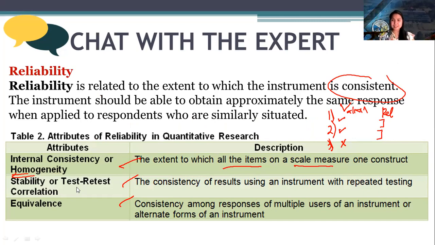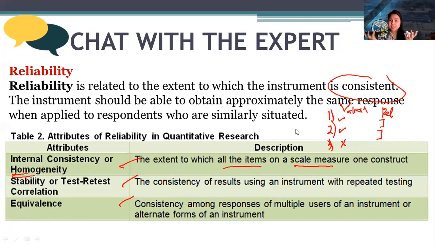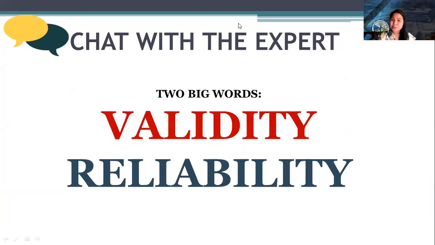How about for equivalence? This is my instrument for attitude towards math. I will make a version 2 parallel to this one. Then it could be the same user; somebody will take both tests. Will the two versions yield the same result? If both are consistent, then you will have its equivalence. So again, our two big words for today, validity and reliability. Now, let me first stop my